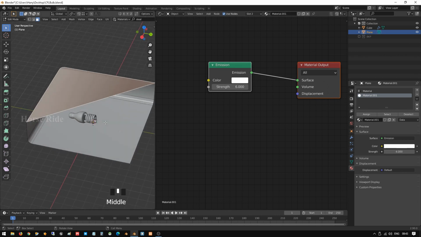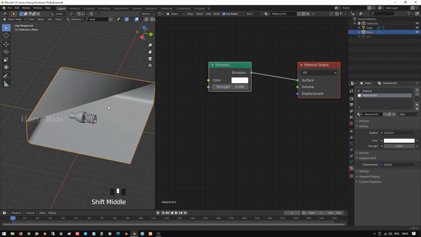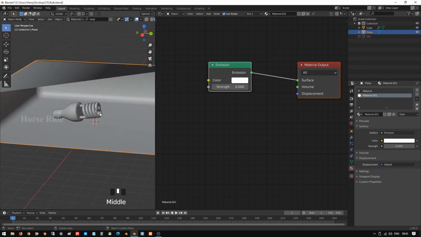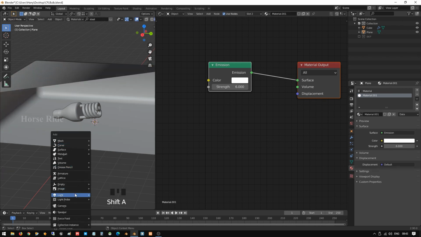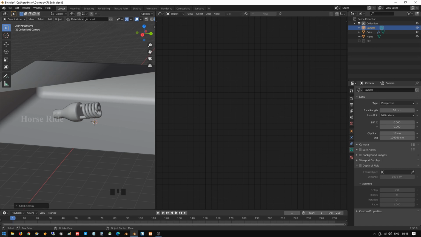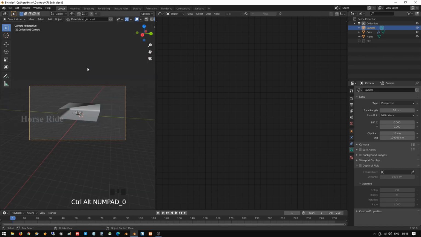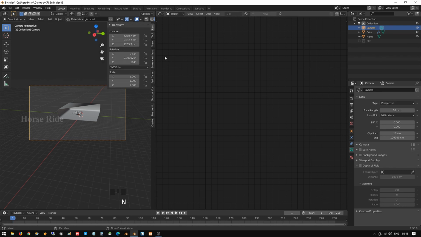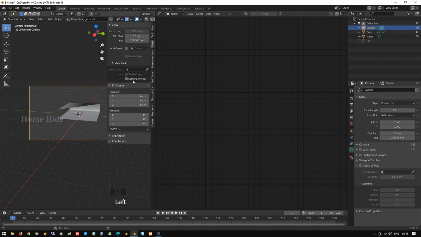Go to tab and shift. Okay, before that we create one. Now go to object mode, press Shift A and create one camera. Press Ctrl Alt 0 and press N on the keyboard, go to view and camera to view, and we have locked the camera.